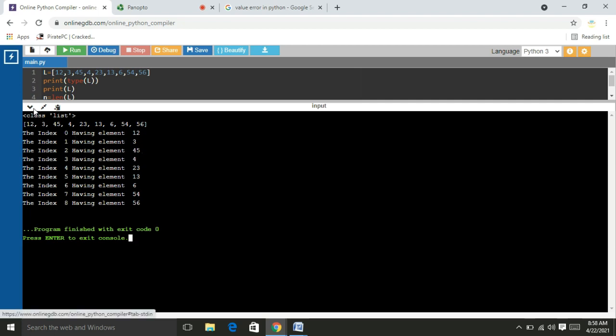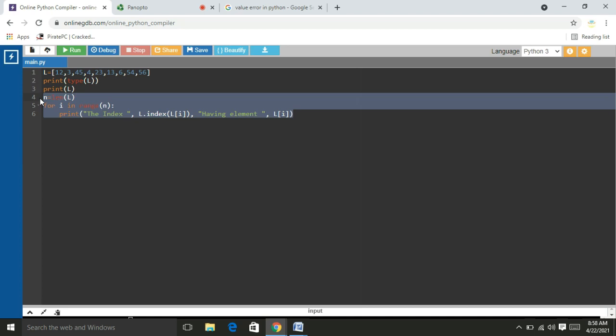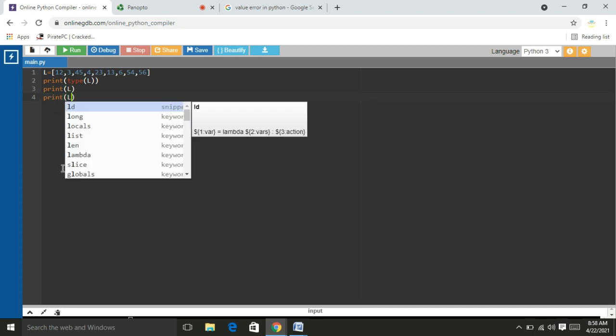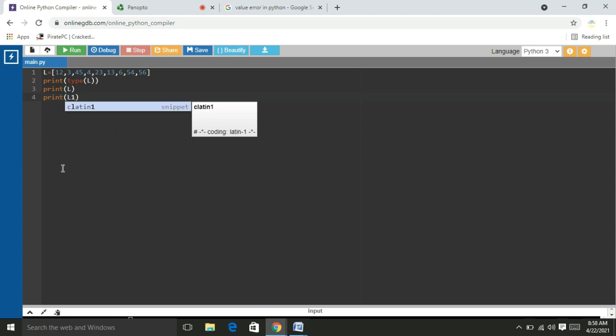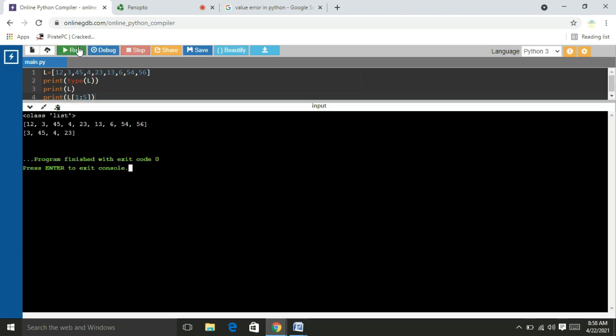Okay, friends. Again I am going to show you how to access a part of the list elements by using slicing, that means by using the colon operator. Print L of 1 colon 5, that means the index values 1 to 4, up to 23, right?